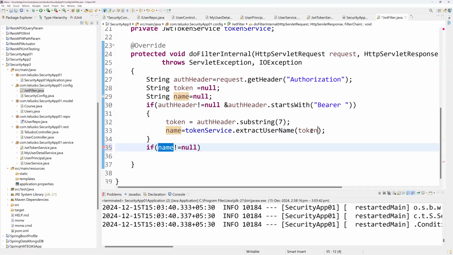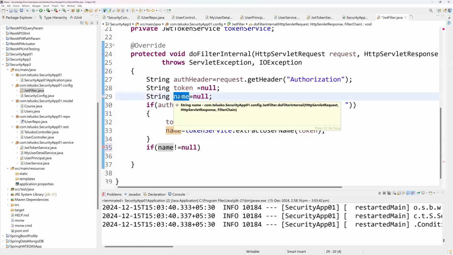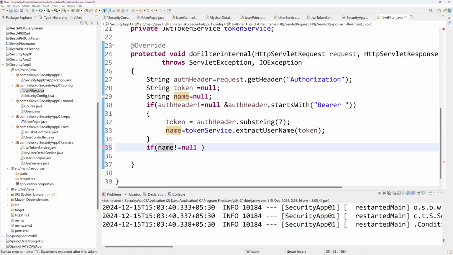Suppose if the token is invalid, will you get the name object here, guys? Will you get the name object? You will not get it, and it will be null, right? If it is not null, it means I could fetch the name from the token and the token is valid. That's the meaning of it. Okay. And I will say here, and